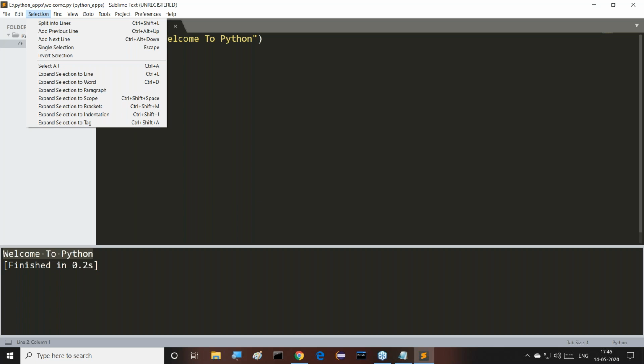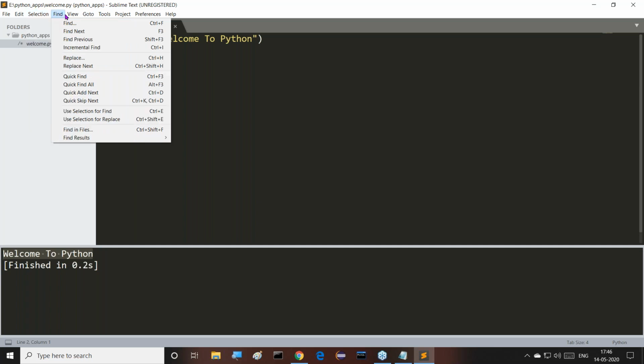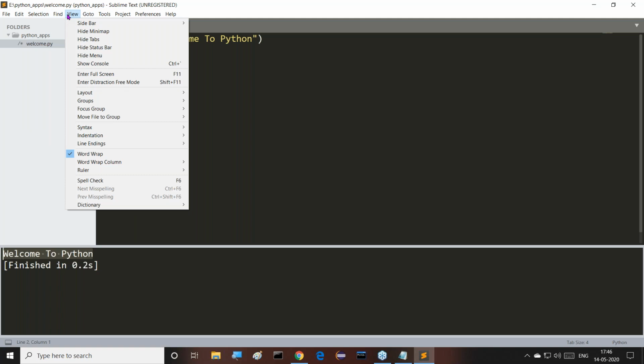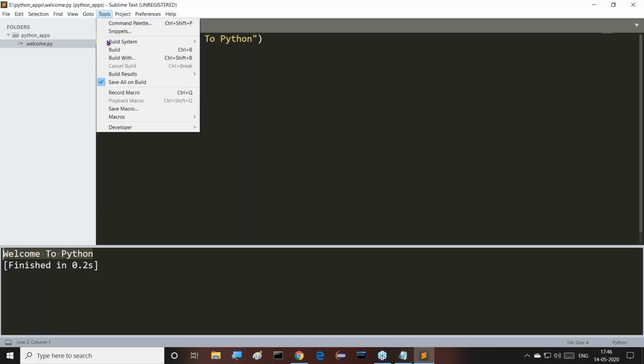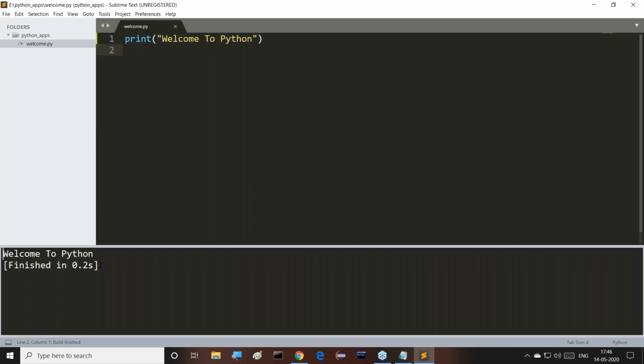Something else to run here we have to get. So here only, build, Control B. Yeah, that's it.